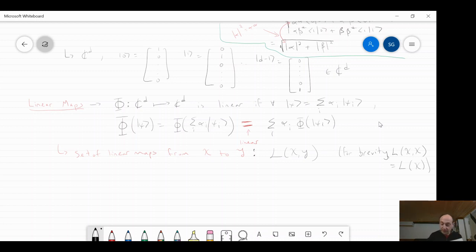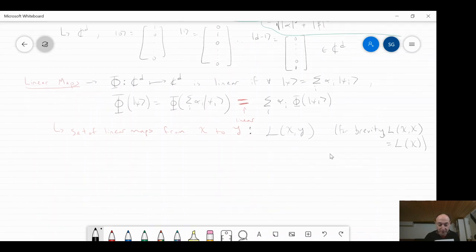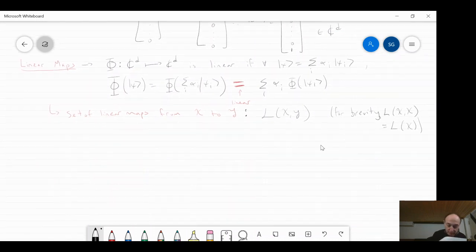Okay, so let me really work with this definition with an exercise, because I really want to drill home this idea of what it means to be a linear map. This linear property is really what we care about. Eventually, we're going to write these things as matrices, but the key point is this linear property. That's what we're looking at.